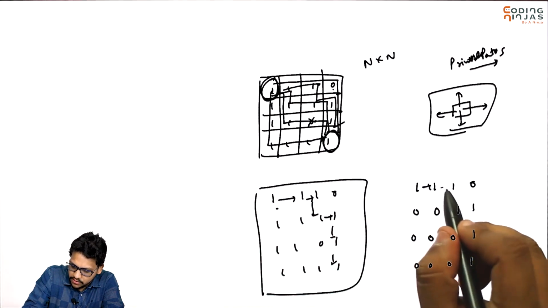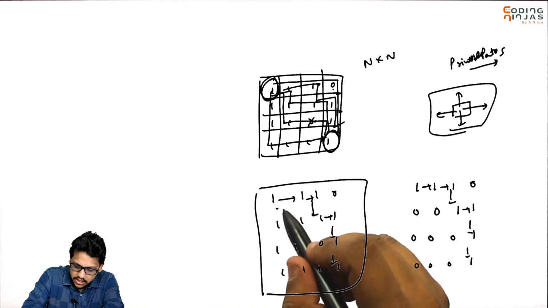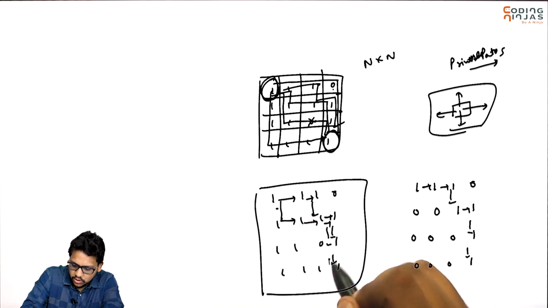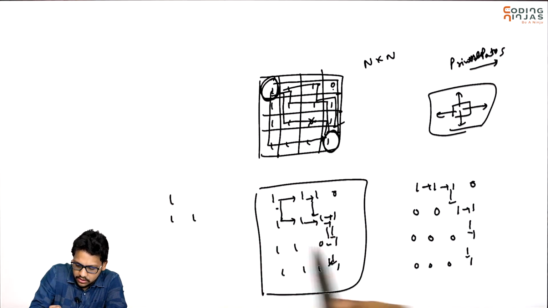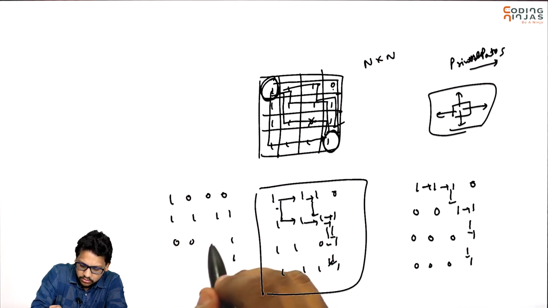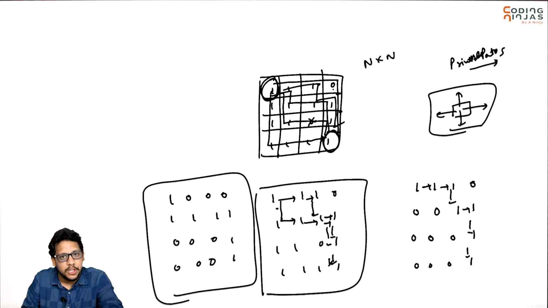So you have come from here and here. So this is the path. Let's say you follow this path. So in this path you have to print like this: 1 1 1 1 1 1 1. Rest of them will be 0. This is how you will print all the paths. This is what we need to do.